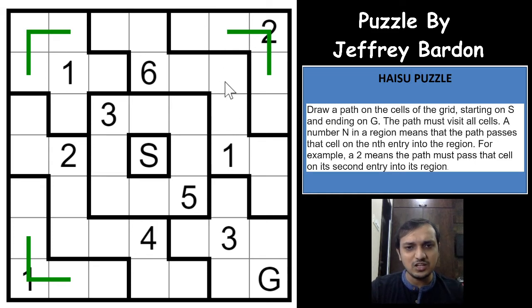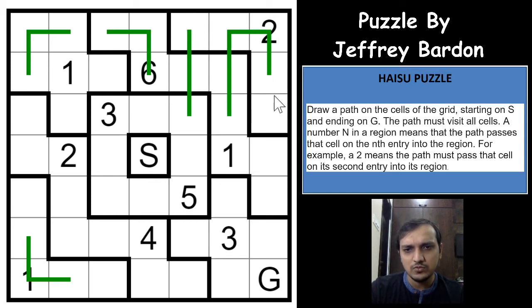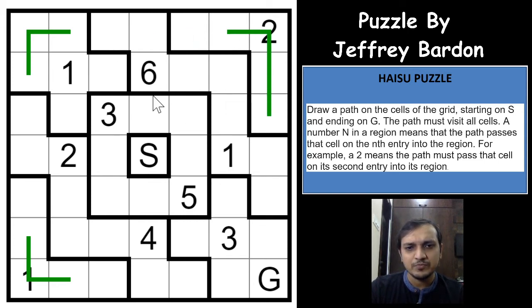Which means that this cell will also use one of the adjacent cells somewhere, either this cell or this cell, for one of the entries. Which means that there can be a maximum of 6 entries, and the 6th entry is this one, right? Let's see if that is helpful. So which means that you cannot have... let me see that. If you have 1 2 3 4, no, so which means that you cannot have any of the path that uses 3 cells continuous in this region. You can have only a maximum of 2, right?